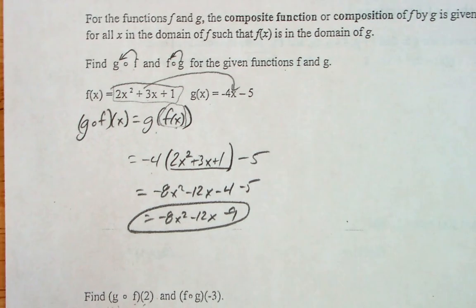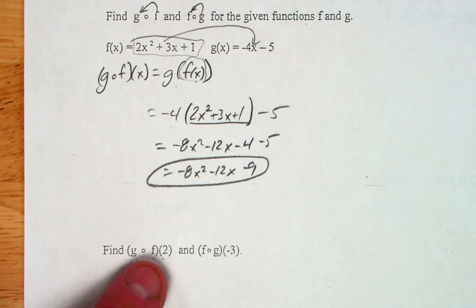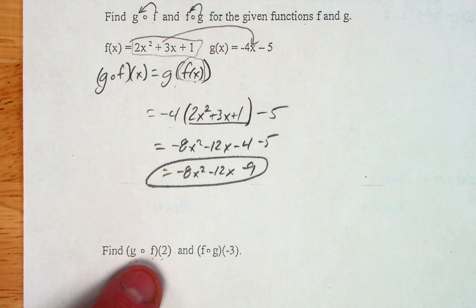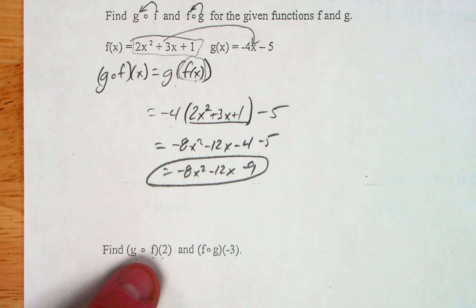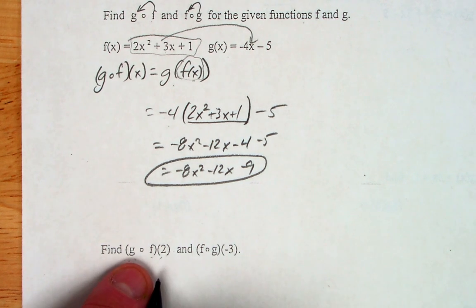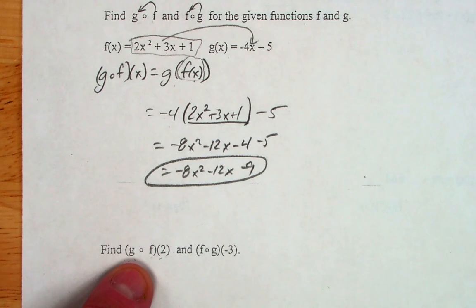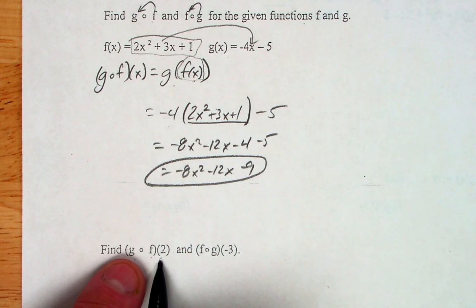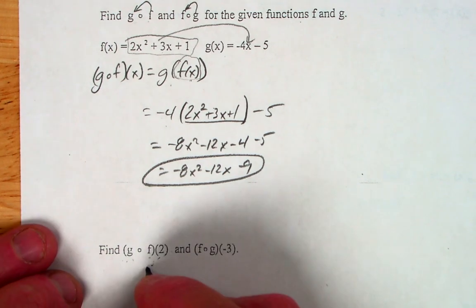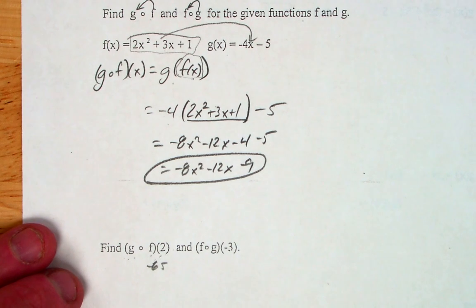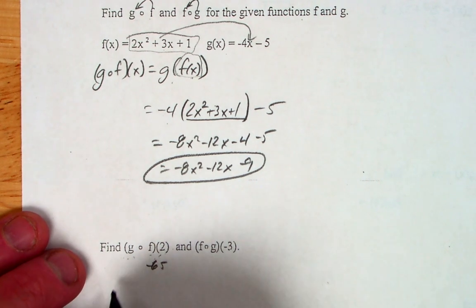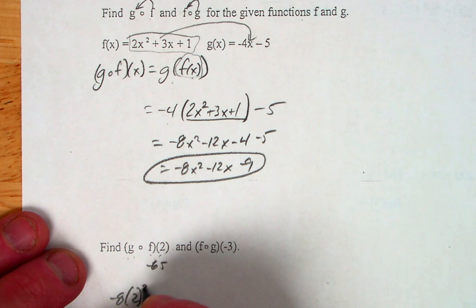Okay. Do you guys have written down what we found for g of f of 2 yesterday? Negative 65. For the first one. Yes. The final thing was negative 65. Negative 65 on this one? Negative 65 is what we did yesterday. Let's see if I'm just okay. I'm just going to do this for my own personal